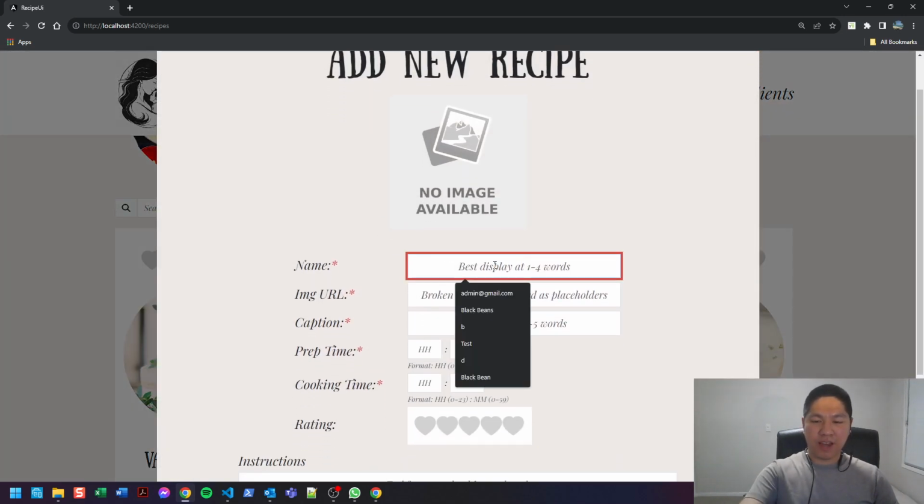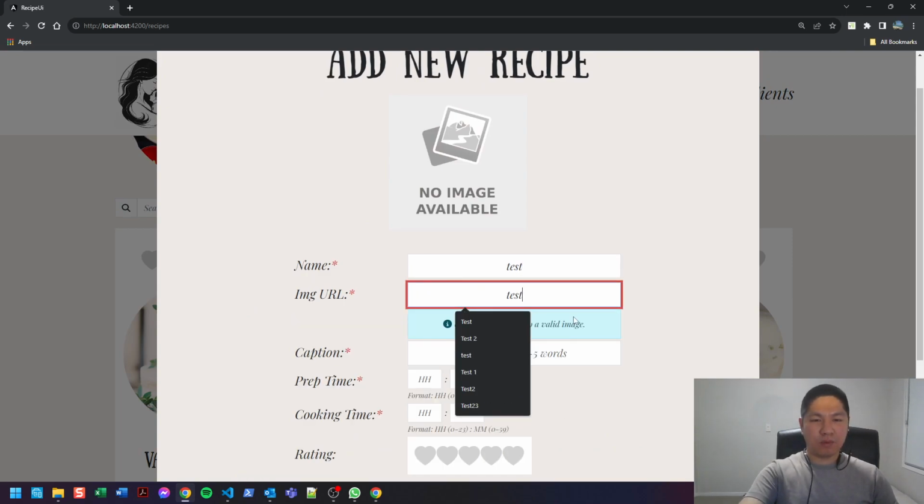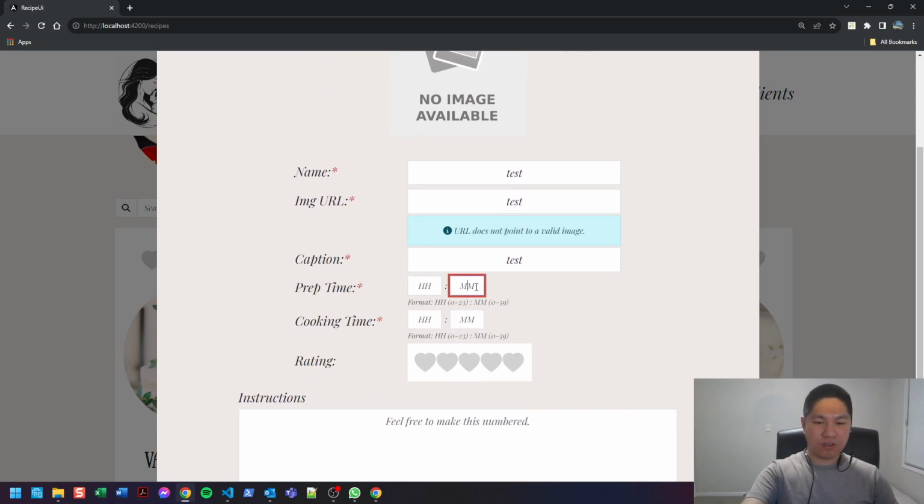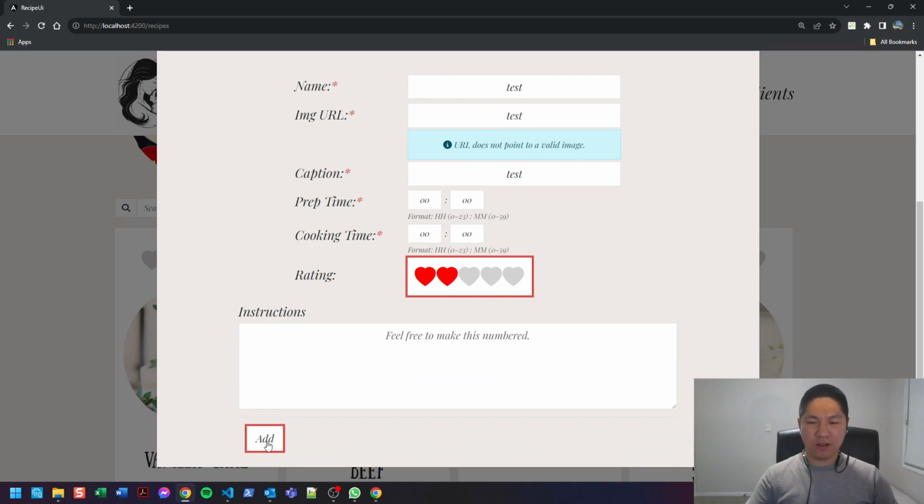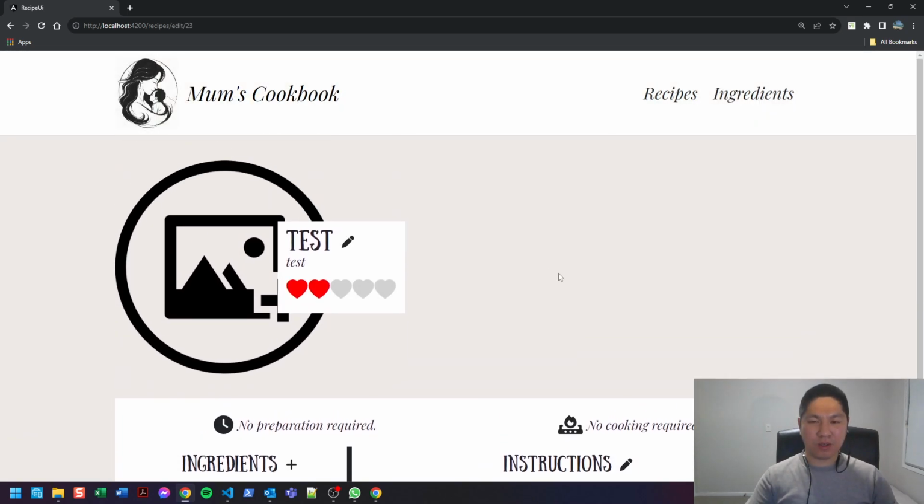Adding a new recipe acts the same way. So if I do this, choose 2, click to lock it in place, and click add, we can see that the reflected value of 2